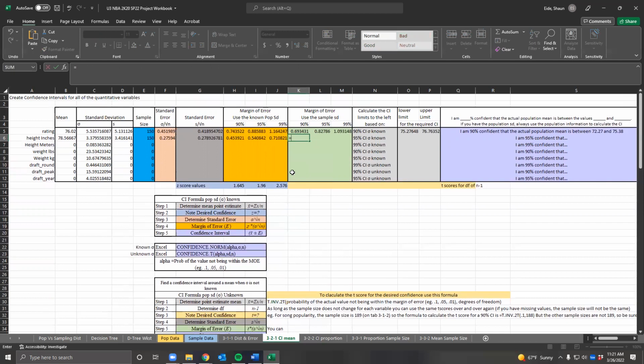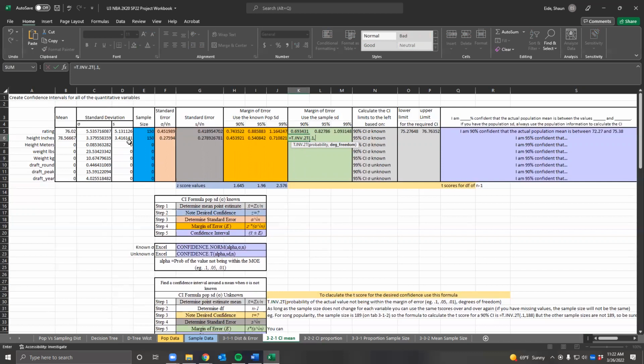T.INV.2T, there we go. And the probability, it says 90%. What that means is there's a 90% probability that the actual population mean will be within the limits of the confidence interval. But the probability that we want is, what is the probability that the actual population mean will be outside of the confidence interval? So right here, we're going to put 0.1, and then we're going to put the degrees